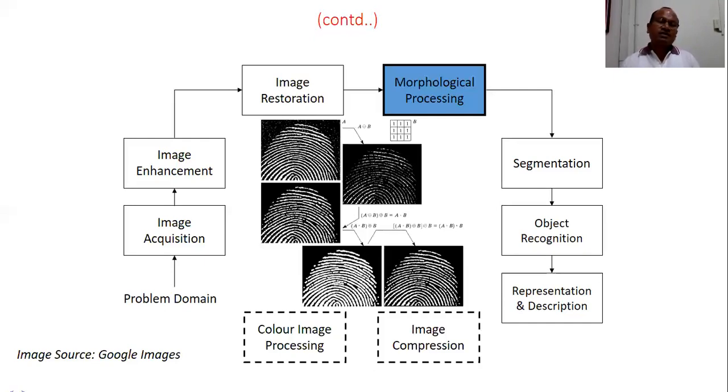So we cannot discuss each component in 10 minutes or 5 minutes, but we are just discussing each component briefly as an introduction to image processing. So we have discussed image acquisition, which is used to acquire the image, enhancement, used to improve the quality of the image and remove the noise, restoration, where we remove the noise as well as do the modeling of the noise signal, and morphological operations, we can get the theme